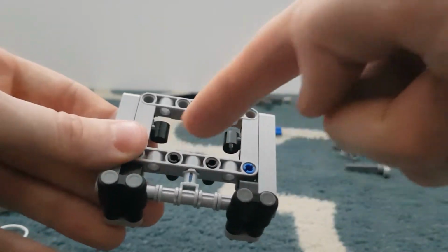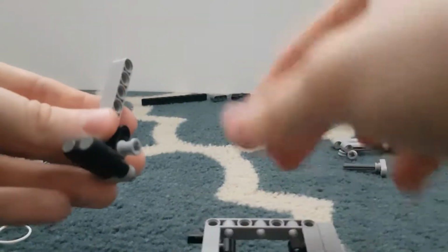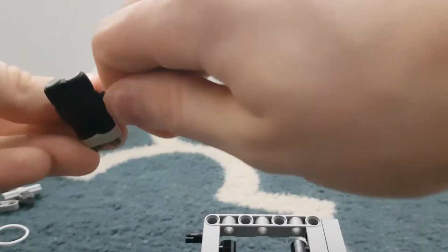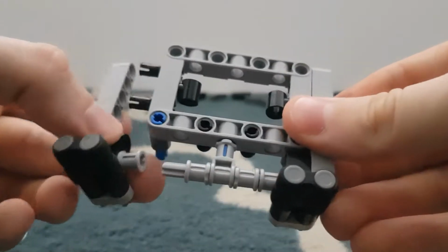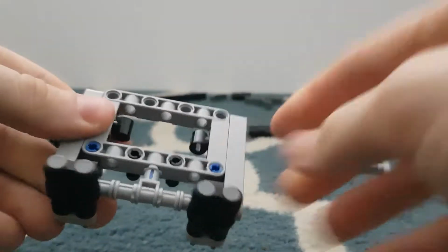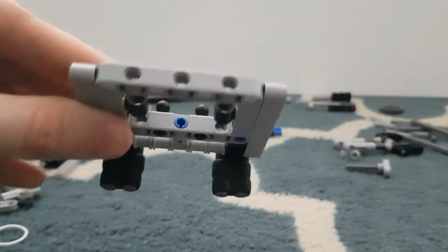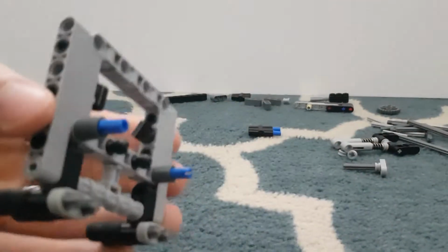Also, there's an axle going from here to here that's 5 long. Also, let me make that symmetrical here. So you can see there's an axle that's 5 long going all the way through in this direction. And then you have this piece here with a blue connector there. On the back, you have